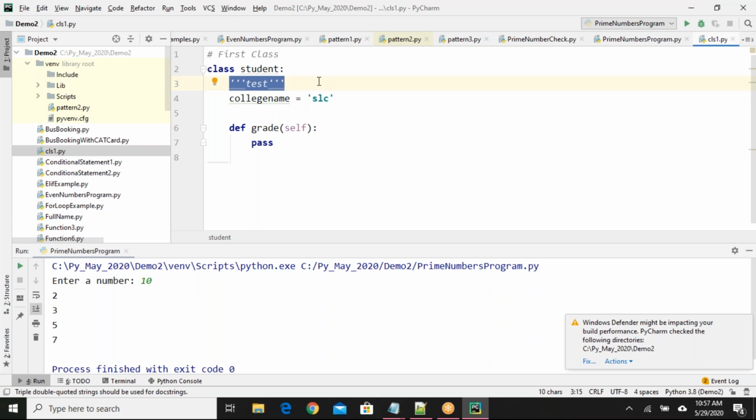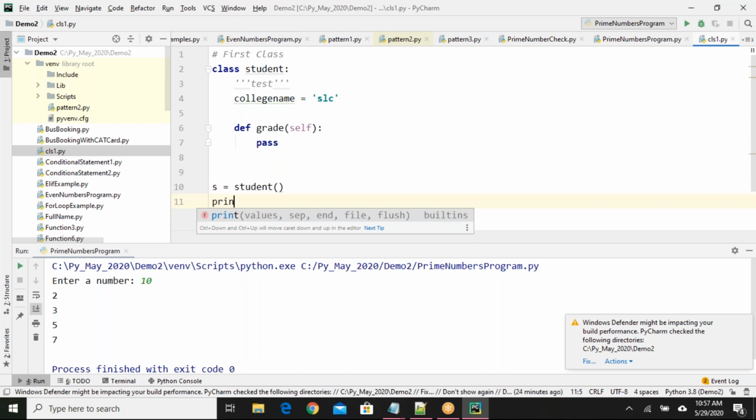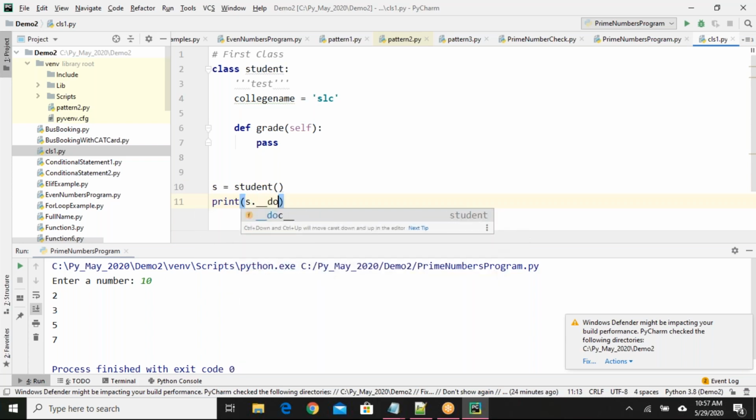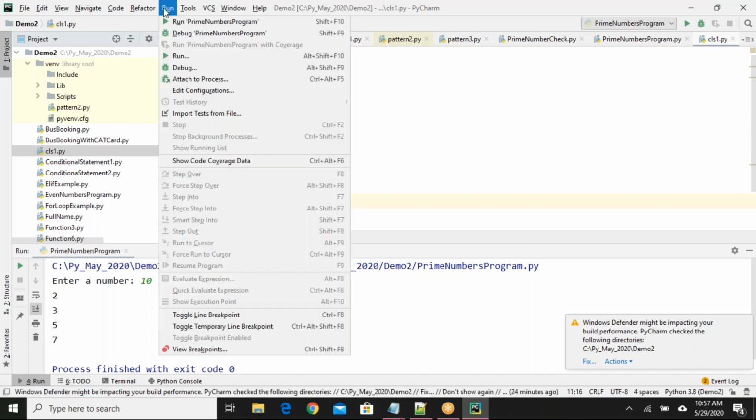If someone is creating an object for your class later, maybe in another program or in the same file, they can access that: print s dot __doc__. Let me run this and we'll talk about this in a moment.